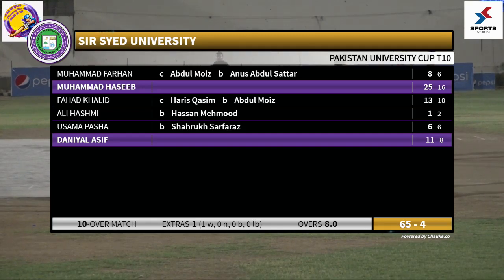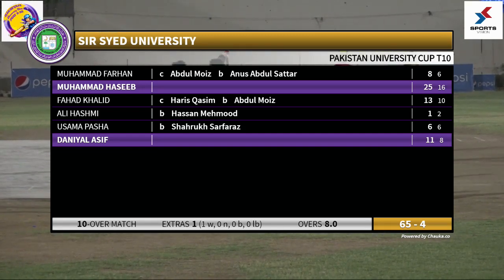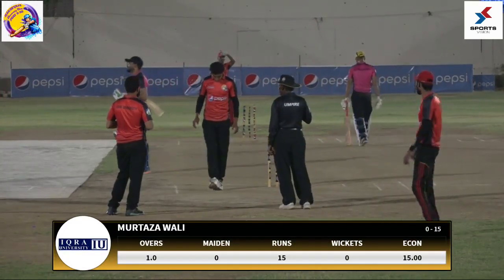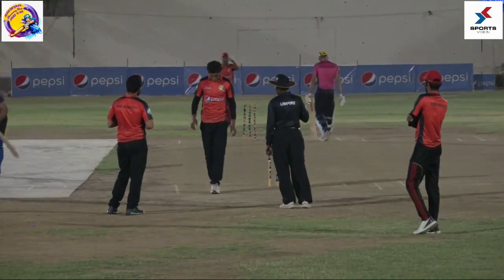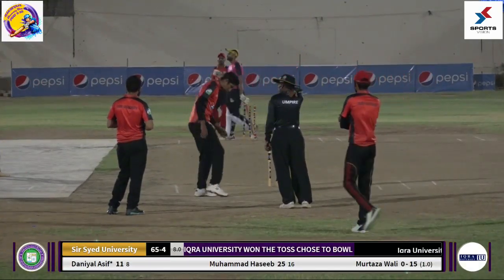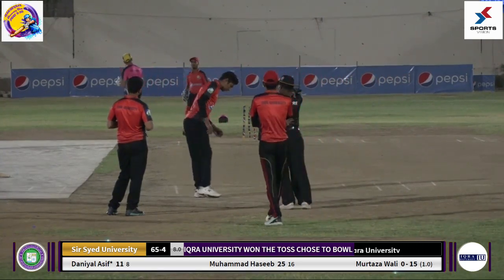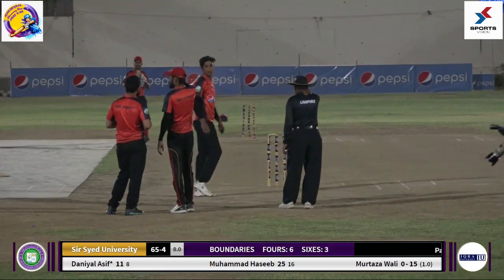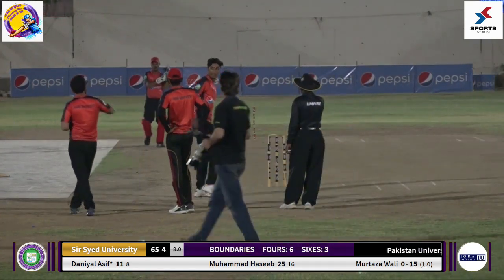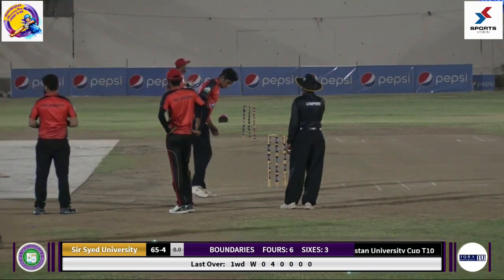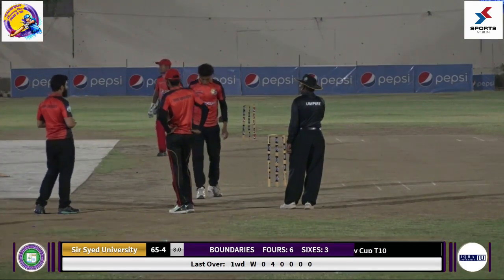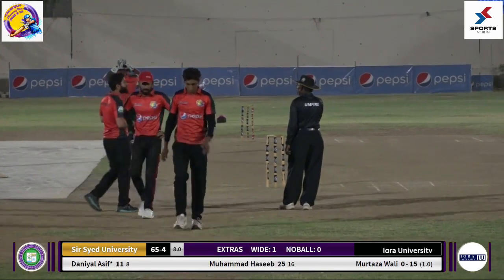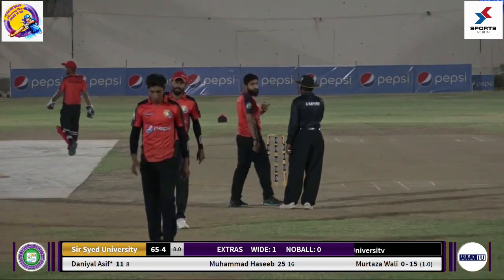Some discussion is on between Iqra University players, so still Sir Syed University has a good chance to post around 85 or 90. The last over that produced 15 runs and a couple of boundaries of 6s can put further pressure on Iqra University. Bowler name? Anas